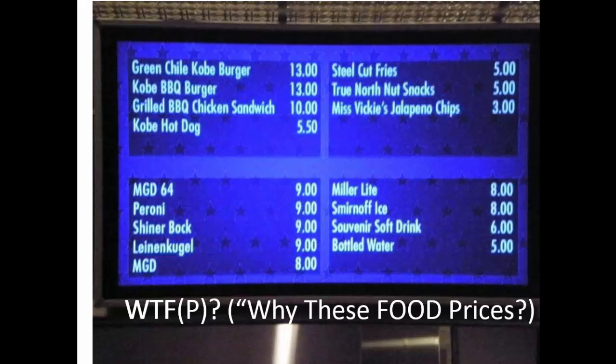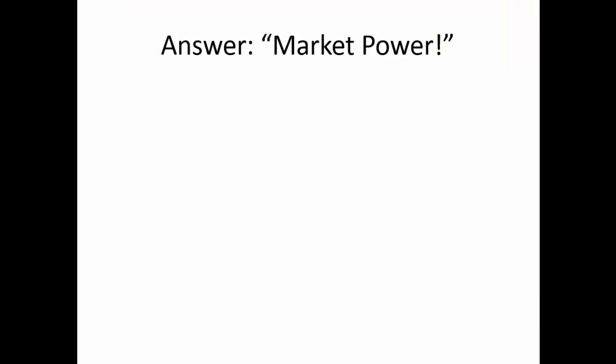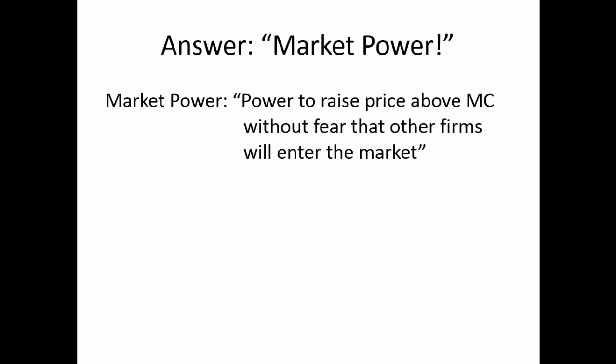When we think about why a business is able to get away with this, well, the answer is market power. Market power is kind of synonymous with monopoly power. It's defined as the ability to raise price above marginal cost without fear that other firms will enter the market. Well, that only happens in a non-competitive situation. If I'm selling a product at a price higher than cost and making fat profits in a competitive market, other entrepreneurs can eventually sniff that out, enter the market, and start shaving the price down to attract business for themselves. Remember, profits will be competed away in a competitive setting.